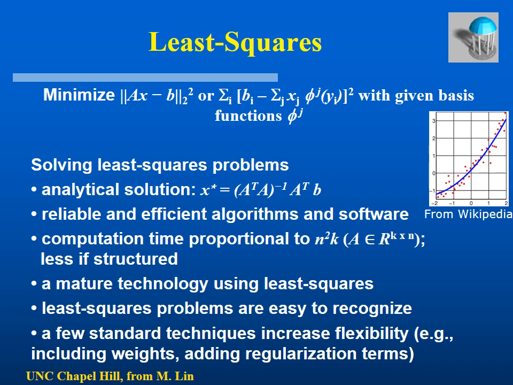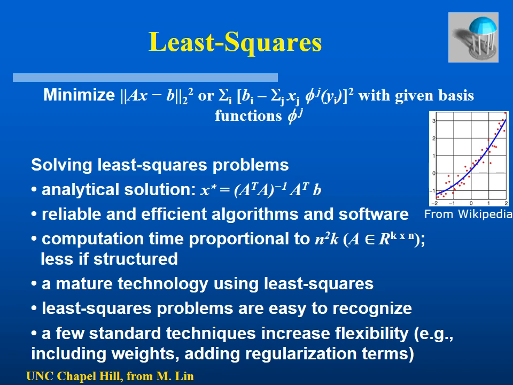So we will get big N of these differences. Ax minus b is a big N tuple of differences. If we take the sum of the squares of those difference values,